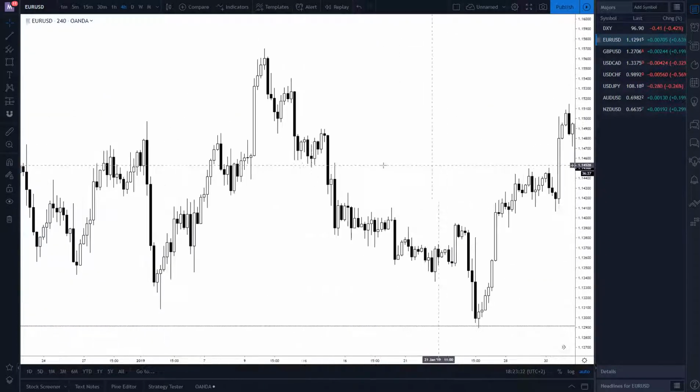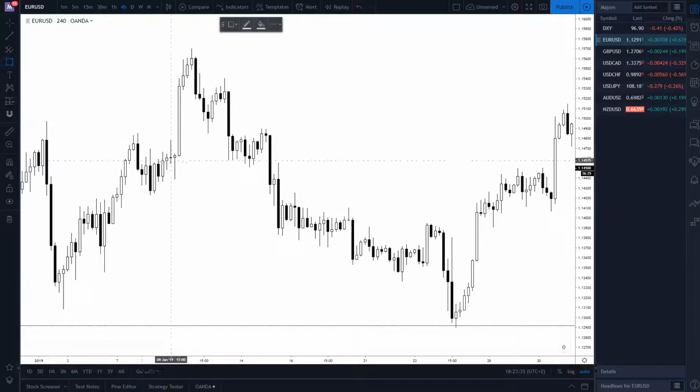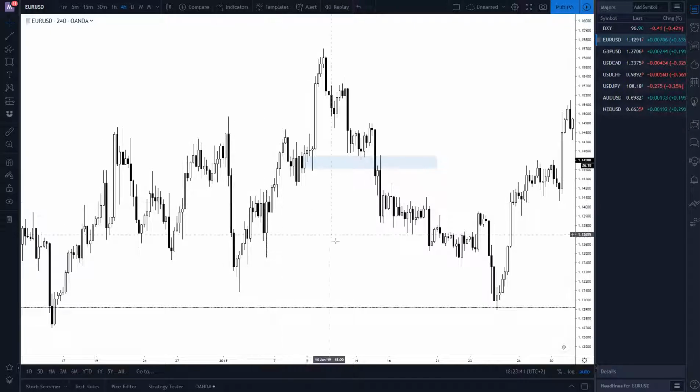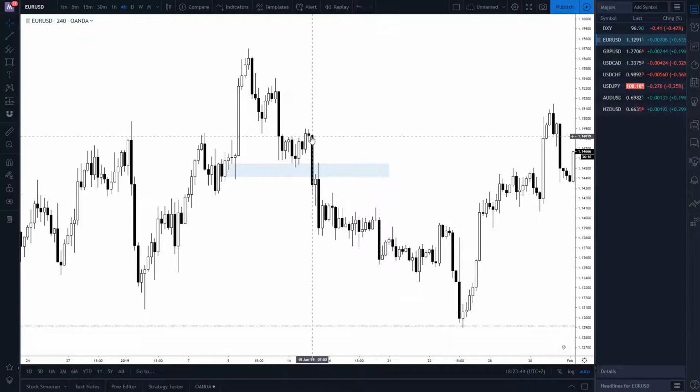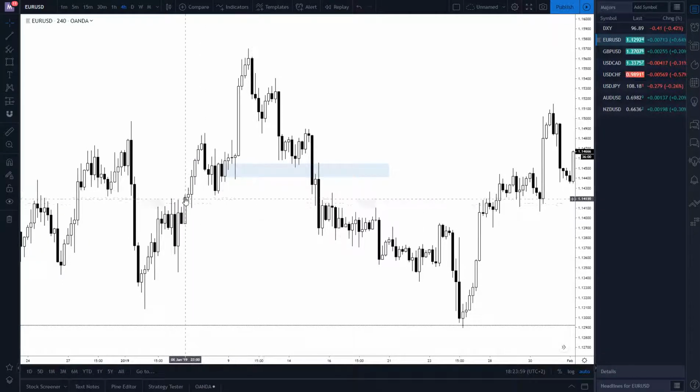Because when there is a gap in the middle of nowhere, it's just a runaway gap. When there is not some real supply or demand there, it just means that price wants to run higher, and the gap has to be significant. Just don't think that this is a liquidity gap, because this candle is just not significant enough, but this candle is. You have a demand zone right here,